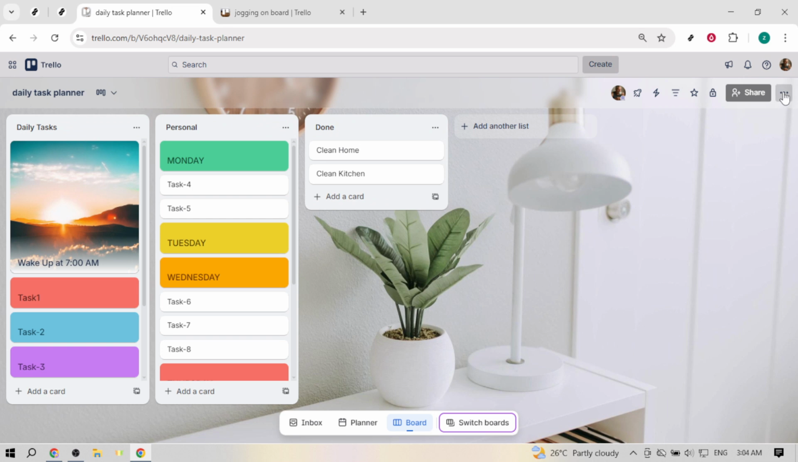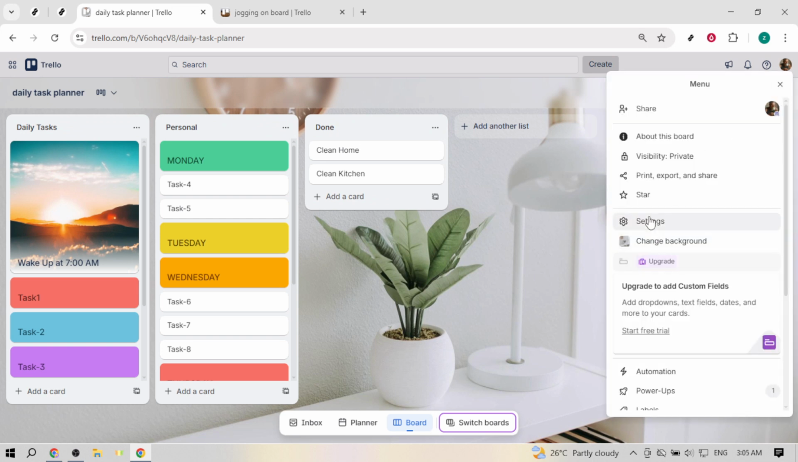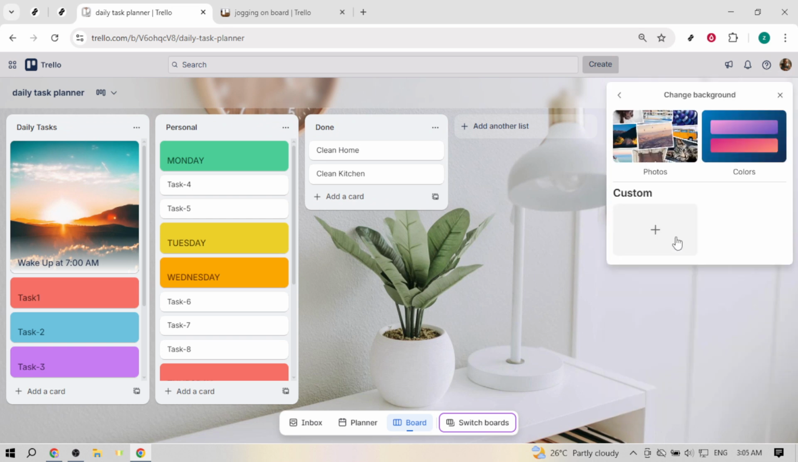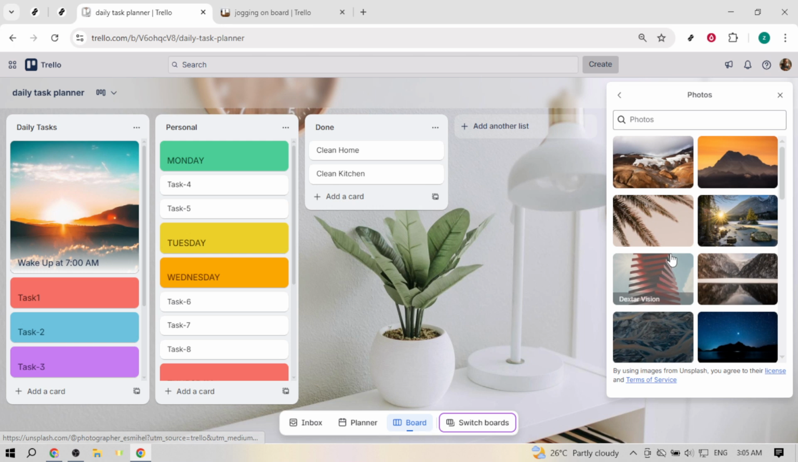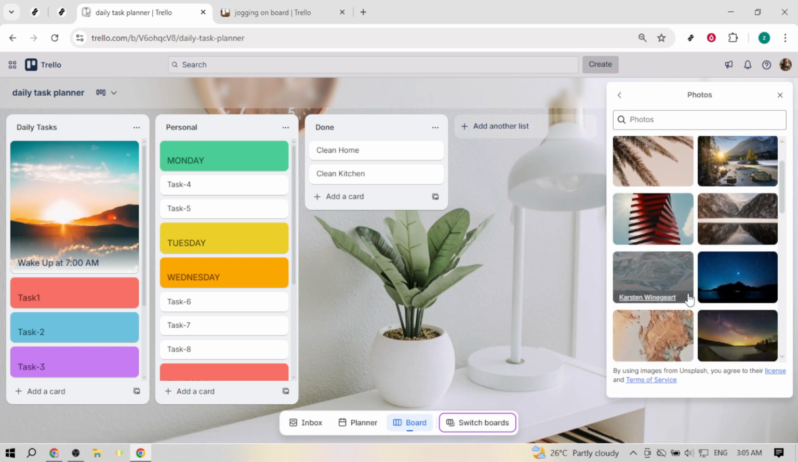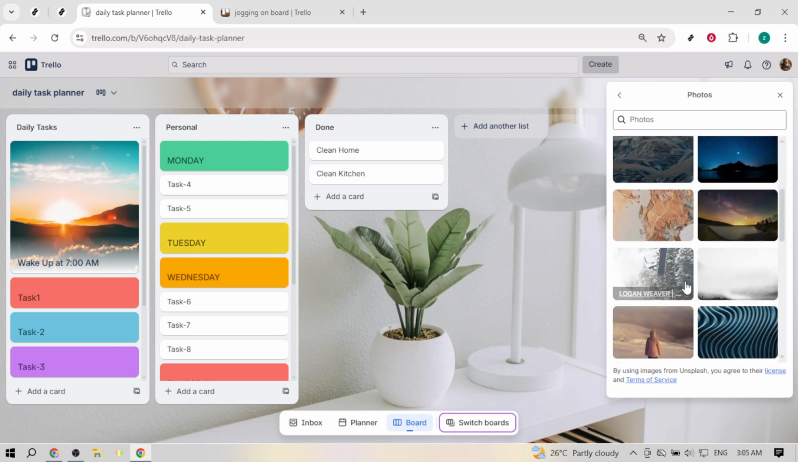Add a card for each task you want to complete today. Keep titles short and action-focused, like draft report or call client. Open a card to add details, due dates to create urgency, descriptions for notes, and checklists to break larger tasks into smaller steps. Drag cards between lists as you start and finish work, and reorder them to prioritize what matters